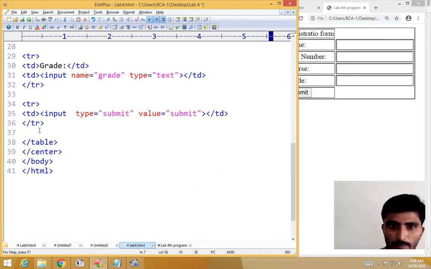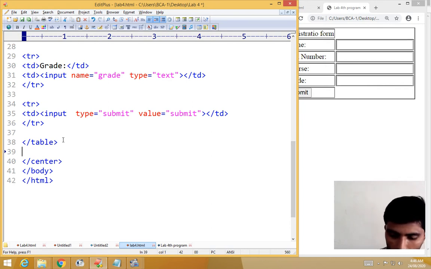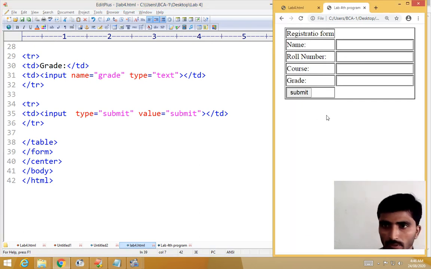After the table, you have to close the form. Because within a form we created one table, now it is purely one form. We are telling this is a form.